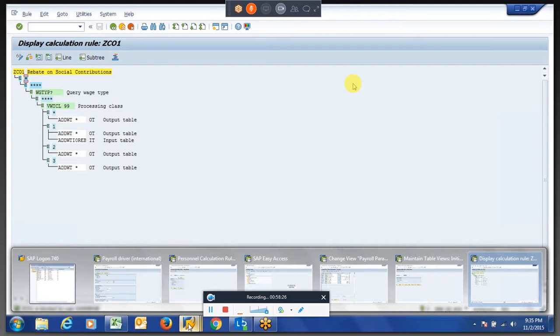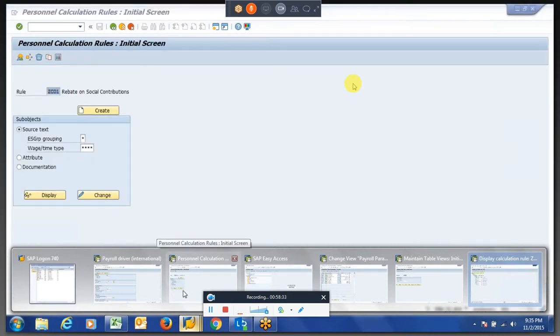So here you have to specify whenever you are going for a processing class for the same level. Let us say 1 and 3 we are working on.